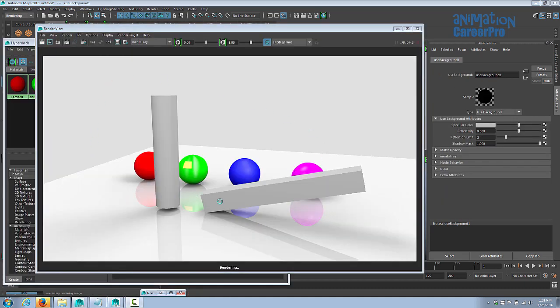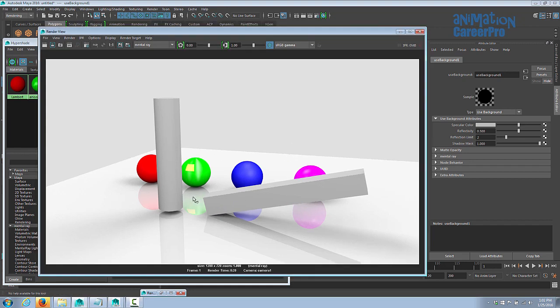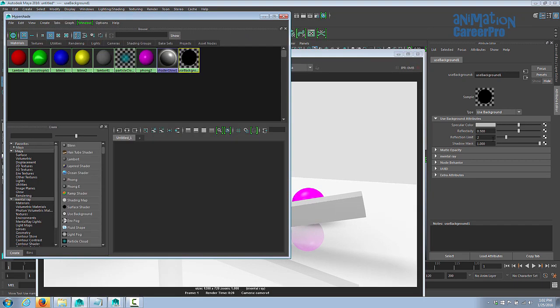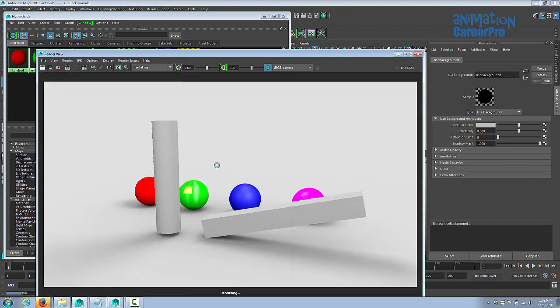We just changed it to white and we have these reflections, but what I'm going for is just to have the shadows. I don't want to have the reflections, I just want to have shadows, and I want to have my image plane match the background. If we select the Use Background shader and we just get rid of the reflection limit, set to 2 right now. If we just bring it to 0 and render that again, now we just have this nice expanse